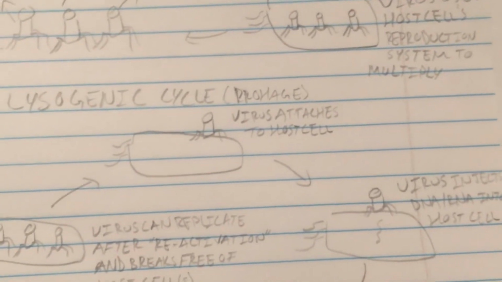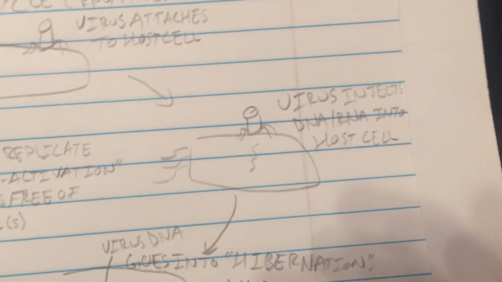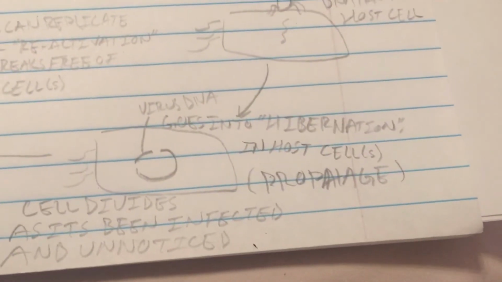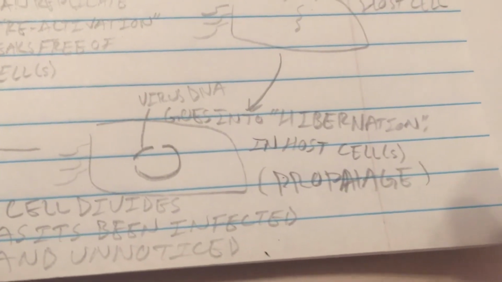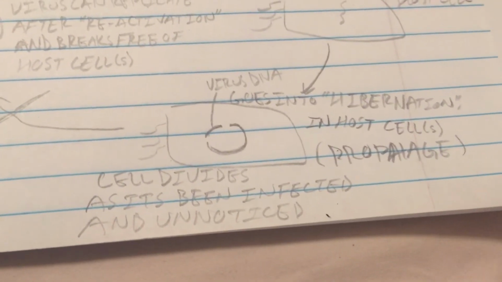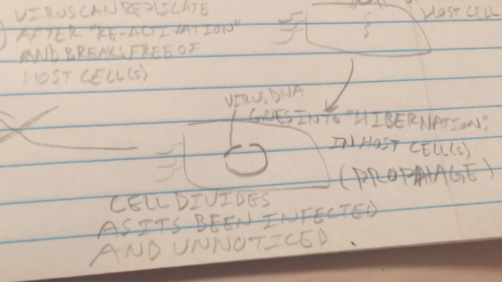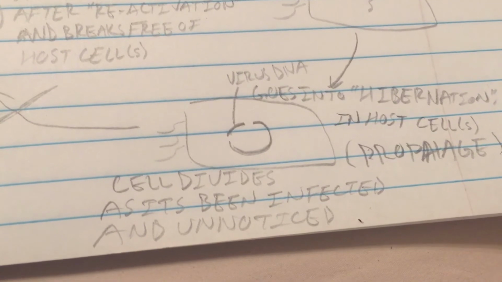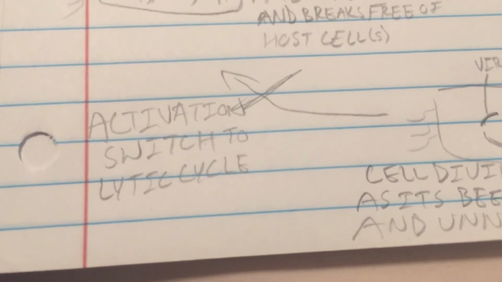In the lysogenic cycle, the host cell isn't destroyed at first. So first, the virus would attach to a host cell. It would inject it with its DNA or RNA. The DNA of the virus would intermingle with the host cell's DNA, and it would go into a hibernation phase, where it would stay silent for some time. And with the division of the cells through mitosis, it'll just spread and go unnoticed for some time. Then it could be activated by some sort of environmental switch, in which it would go into